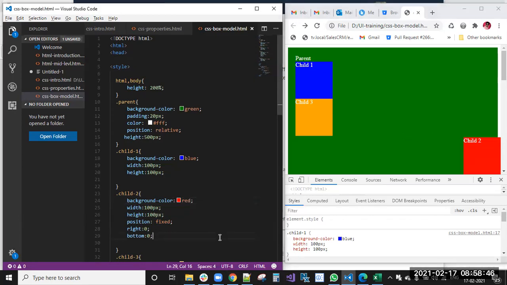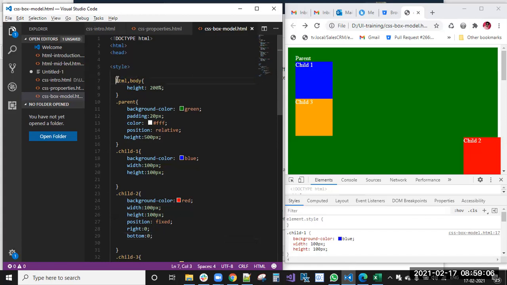Now we have one more, position sticky. I'll explain it. So with this, position static, relative, fixed and absolute are completed. Now I will use a real-time scenario and we'll see position fixed and position sticky.